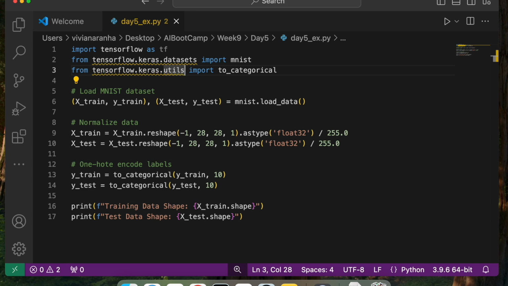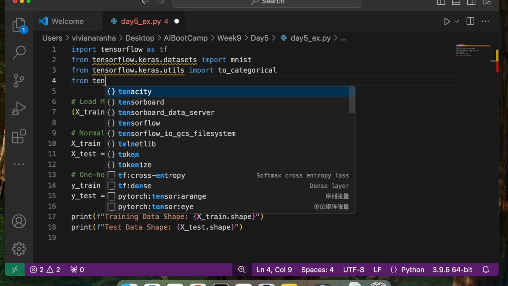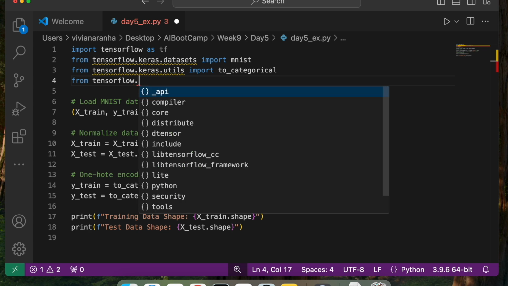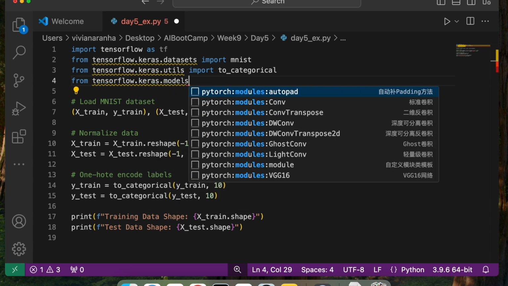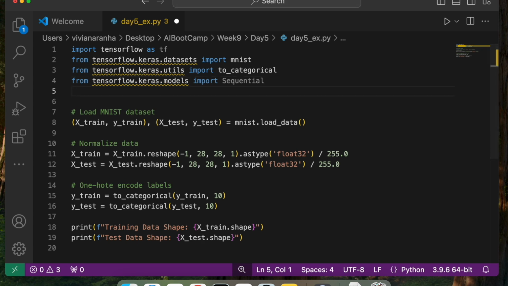Next thing that we need to do is define a neural network. So I am going to take something from the models that are available. First, we need the sequential model from tensorflow.keras.models. I want to import Sequential. Now this module contains tools for building neural network models, and Sequential is a linear stack of layers. It allows you to add one layer at a time, going from input to output sequentially, and that's what we are going to use.